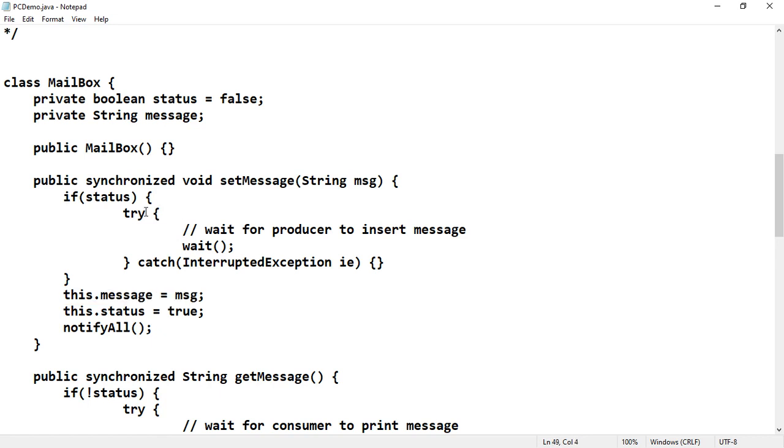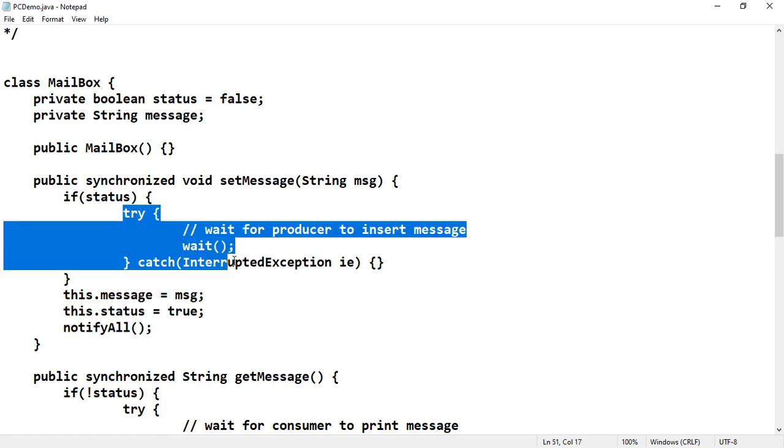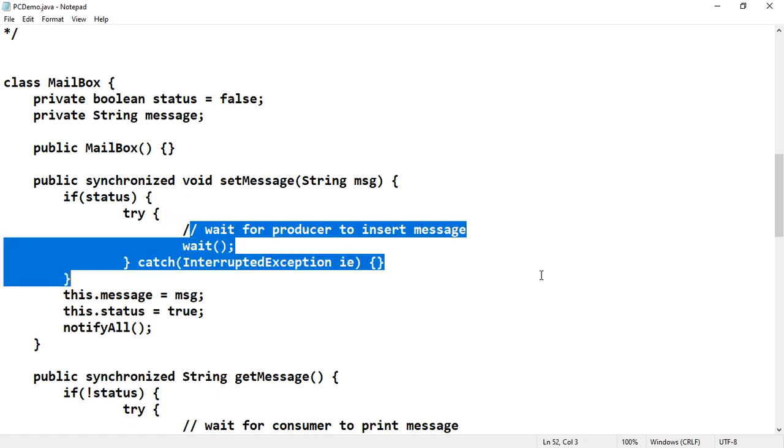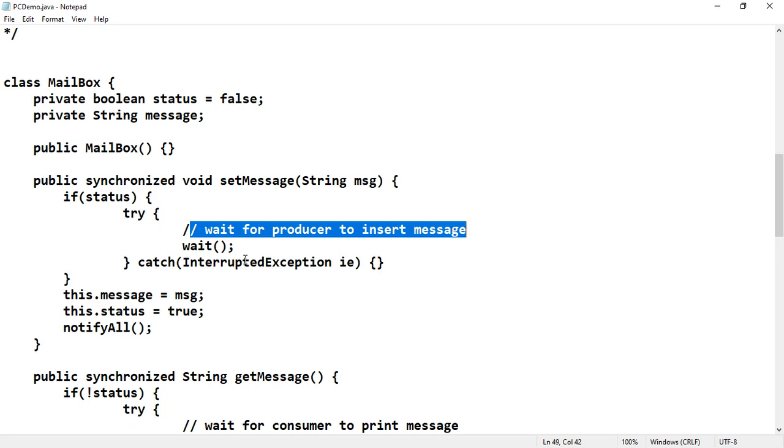But here, if status is equal to true, that means the message has been consumed by the consumer, so we ask the producer to wait to insert the message.